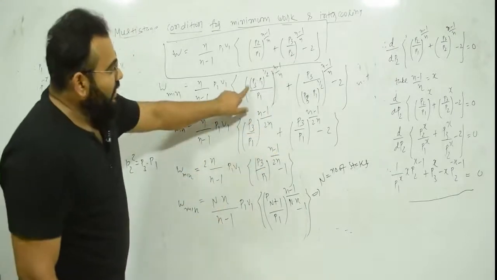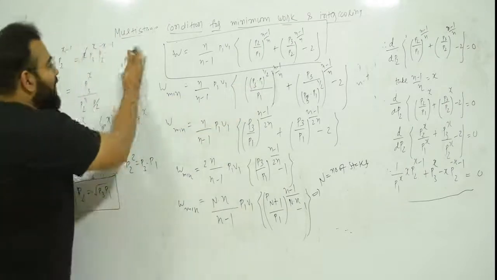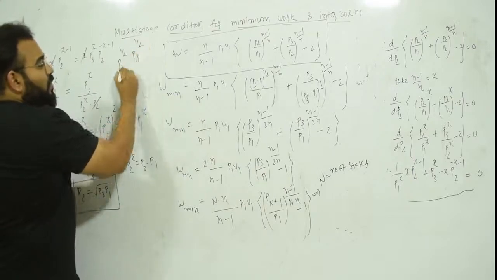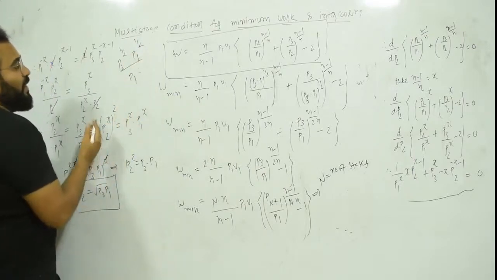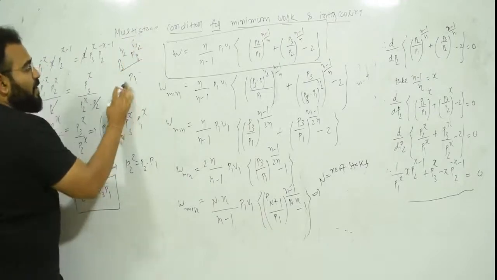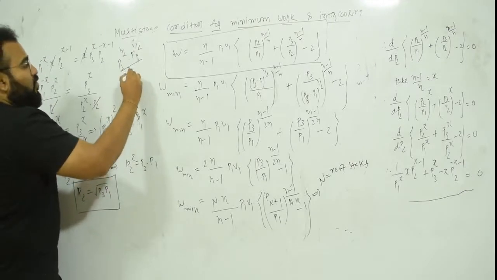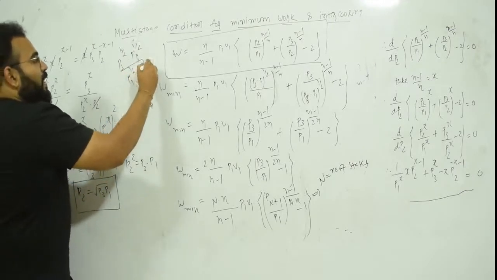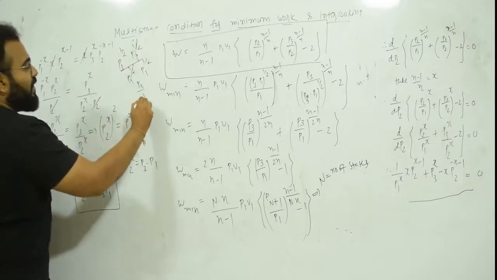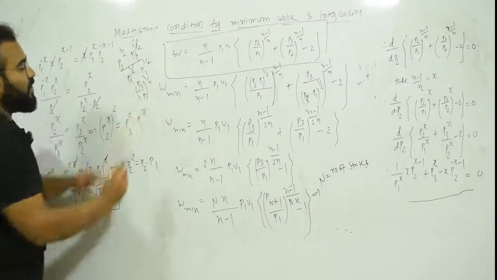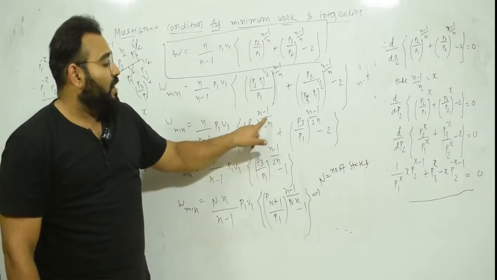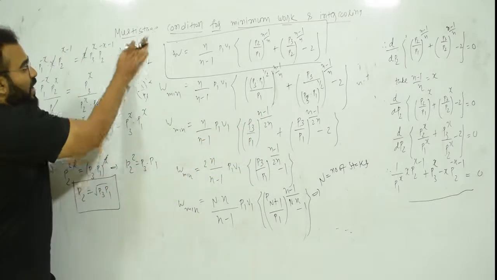How? So here you can see that this is p3 dot p1 raised to 1 by 2. So that means p3 raised to 1 by 2 dot p1 raised to 1 by 2. Same you have p1. So what will happen? This is p1 raised to 1 by 2, and this is p1. So can I write p1 as p1 raised to 1 by 2 dot p1 raised to 1 by 2. So one p1 raised to 1 by 2 will be cancelled. So p3 raised to 1 by 2, p1 raised to 1 by 2. So can I write p3 upon p1 whole raised to 1 by 2, and this 1 by 2 will be multiplied with n minus 1 upon n. So that's why it is n minus 1 upon 2n. So that is what we have done over here.